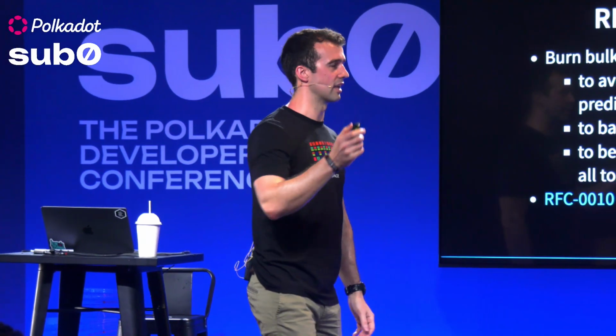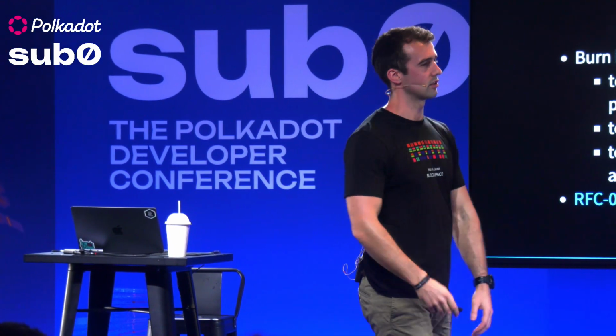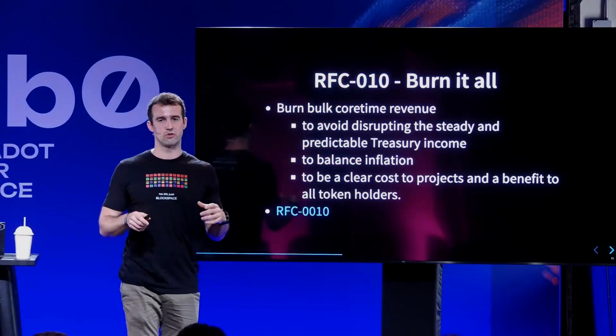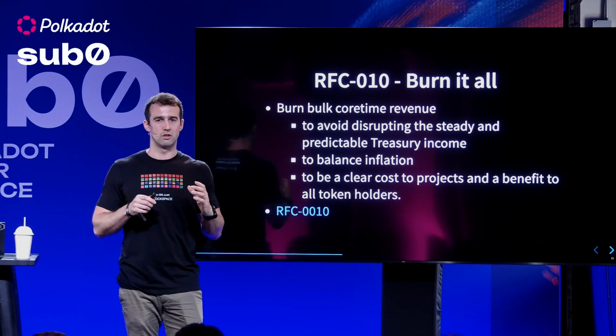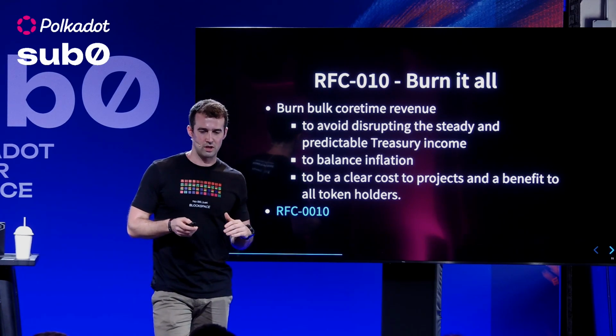And then RFC 10 is burn it all. So burn the bulk Coretime revenue. As I said, it's to avoid disrupting the steady income to the treasury. We want that to be completely not a volatile thing. It should be steady and predictable. And so the